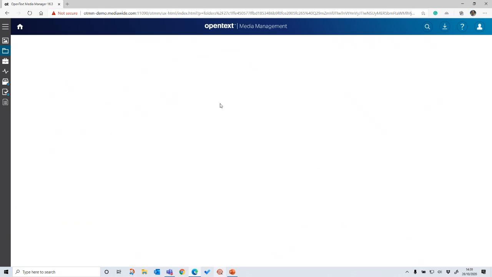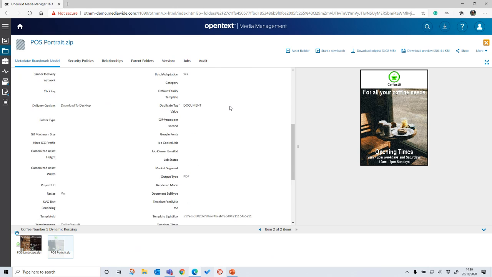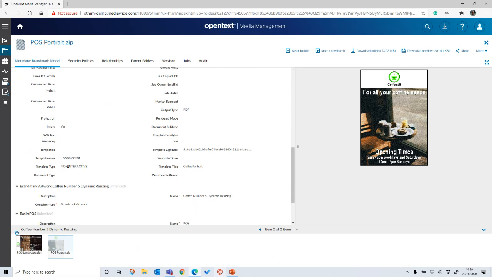So in this case, this is a non-interactive template. As you can see, template type is non-interactive. This is actually going to be saved as a PDF as well. But as you can see here, we have the resize metadata set to yes. That means when we save the job or proof the job, it will ask me for a new height and width to render this job as. So if I now hit the asset builder,